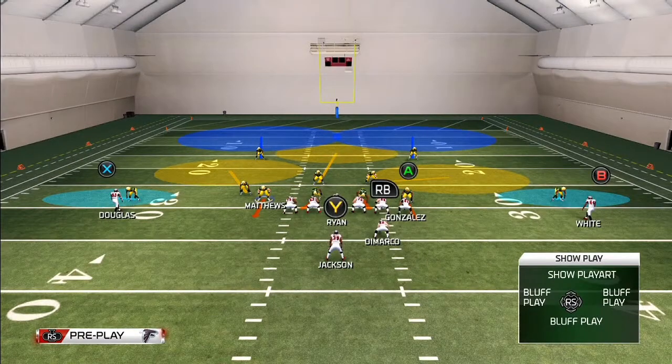We're going to take a look at how to read the defense in Madden 25. First defense I want to look at is the cover 2 zone. And what I'll show you right away is the cornerbacks, they're going to play up in the line of scrimmage. And you're going to have two deep safeties. That's why it's called cover 2, because you have two deep zones covering the deep part of